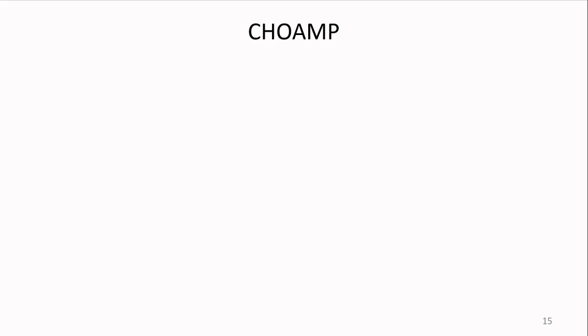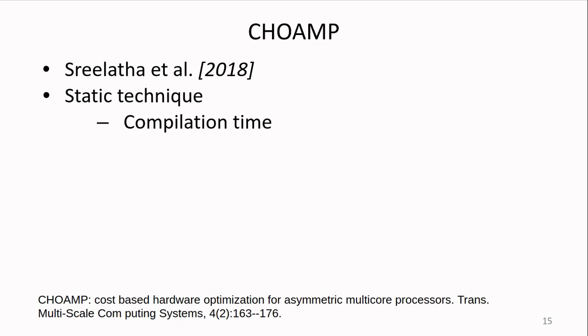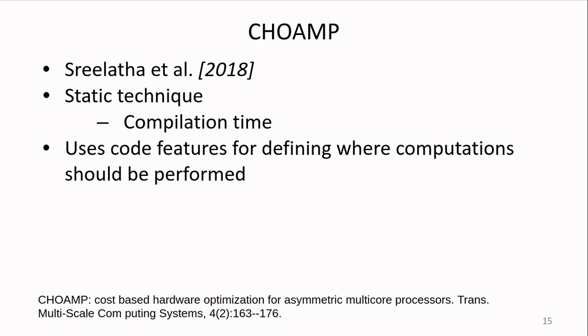Another solution that we have in the literature is the CHOMP technique that was introduced back in 2018. Contrary to the previous one, this is a static technique, so basically it happens at compilation time, and it uses code features for defining where the computation should be performed. The advantage of being a static technique is that it has little to no runtime overhead, as all these definitions on where the computation should be performed